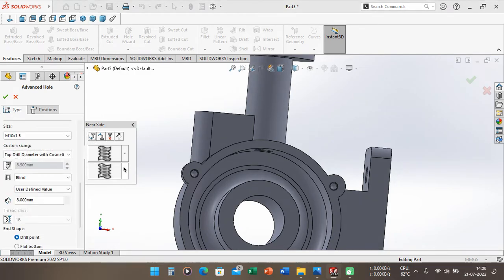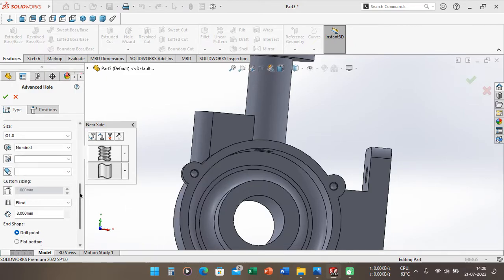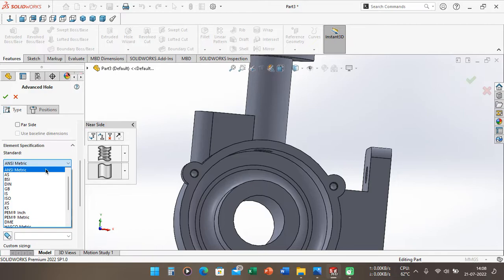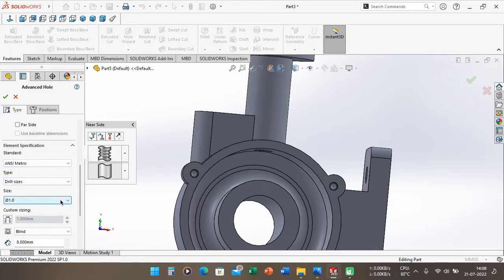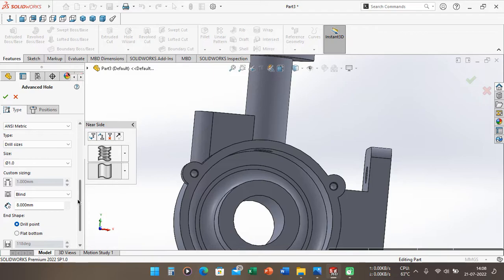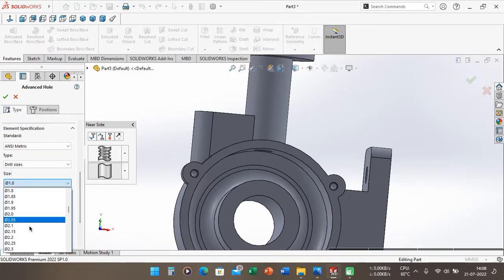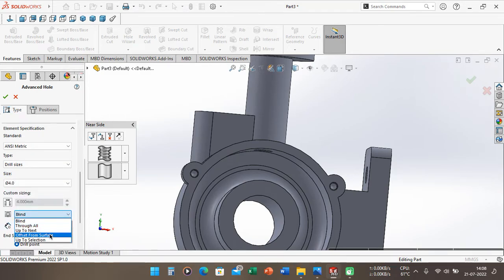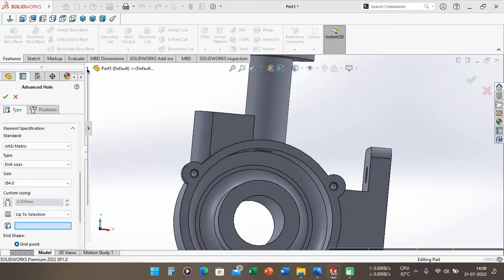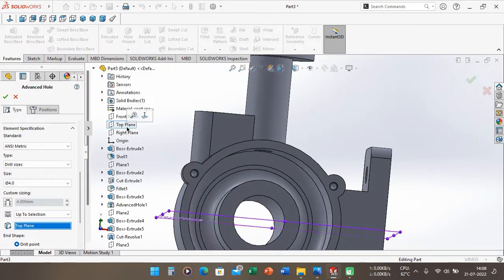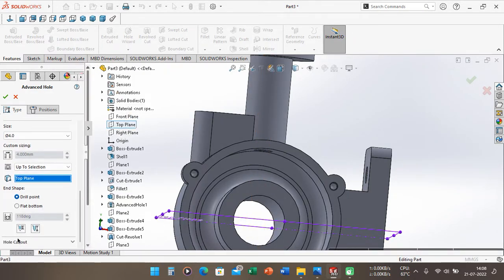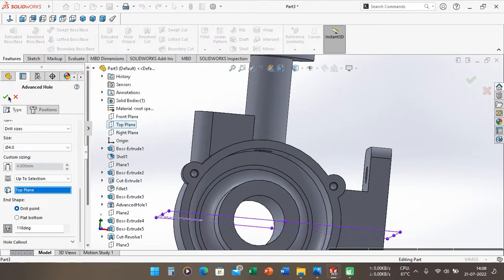Okay, you can just hold here, and we can just choose unsymmetric. We can choose the 4.0 here, and I want to change blind to be up to selection here, and this surface I want to make top line here, activate it here, and okay.